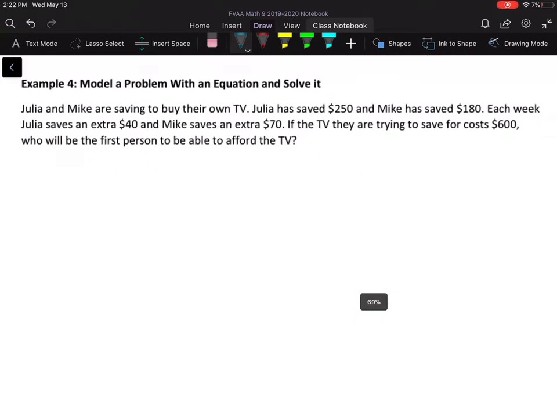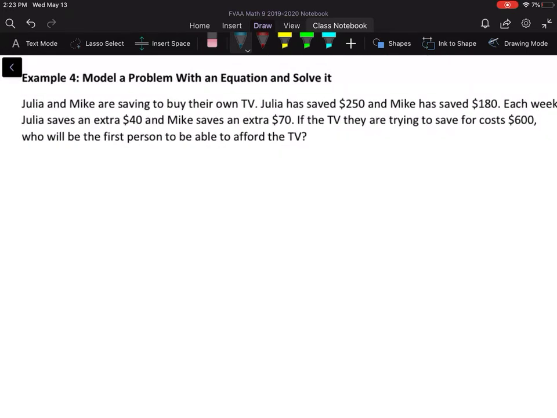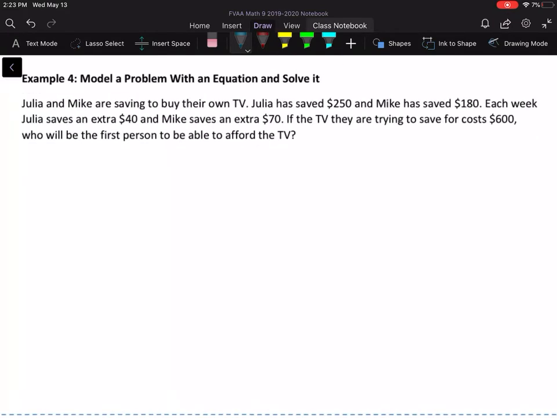Okay, let's try another one. Julia and Mike are saving to buy their own TV. Julia has saved $250. Mike has saved $180. Each week Julia adds an extra $40, where Mike adds an extra $70. If the TV they are trying to save for costs $600, who will be the first person to be able